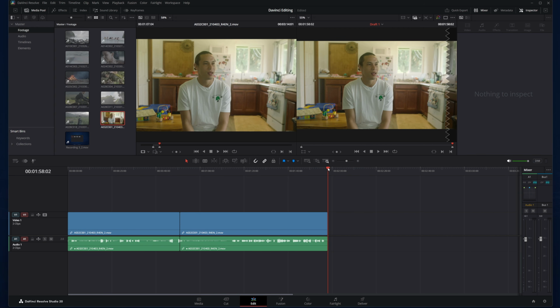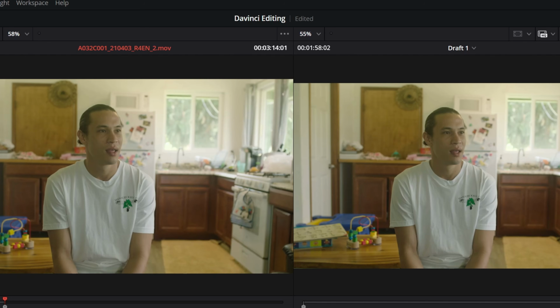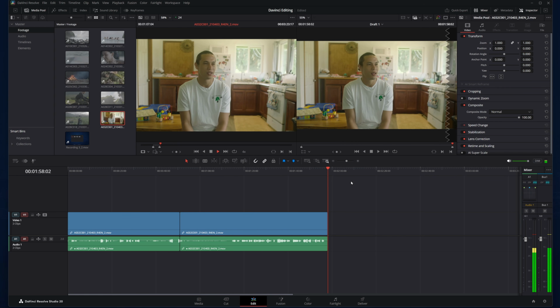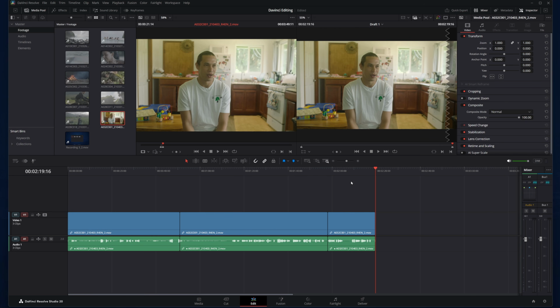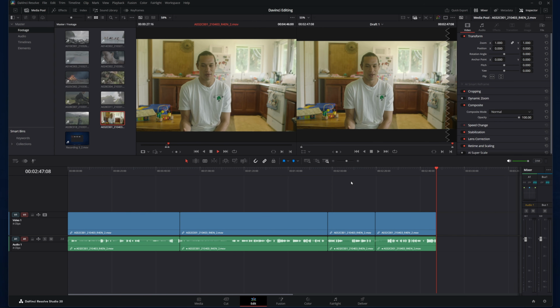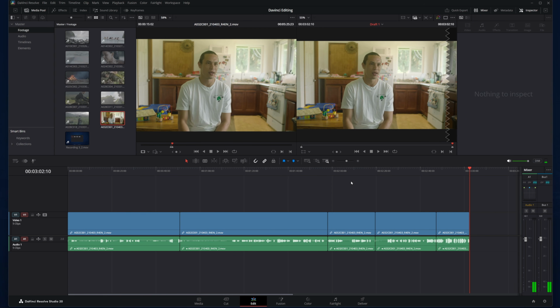The way we do that is to press Q. Q toggles between the source and timeline viewers. Now I'll use L and K to go forward again, find another I for in point, O for out point, F9 to insert, and Q to get right back to the source viewer. In point, out point, F9, Q. Now I'll finish putting some more clips into the timeline.